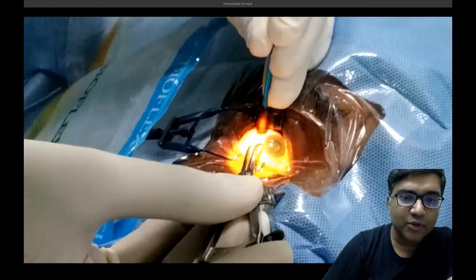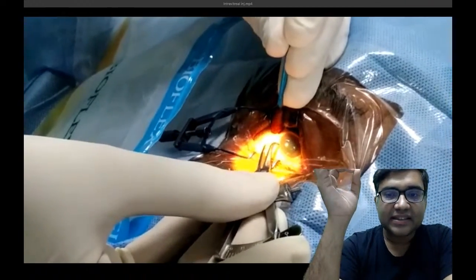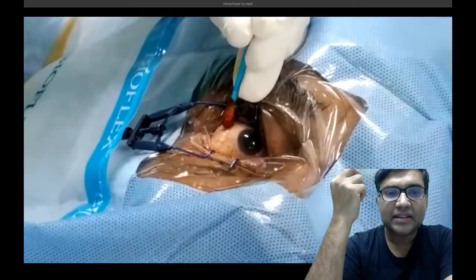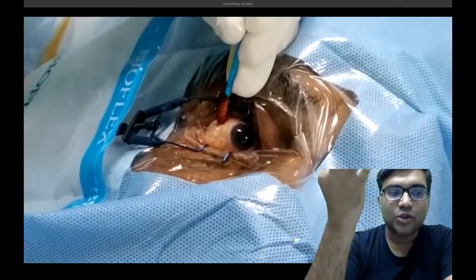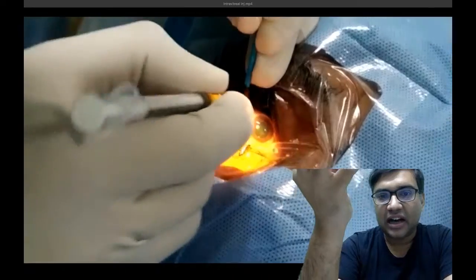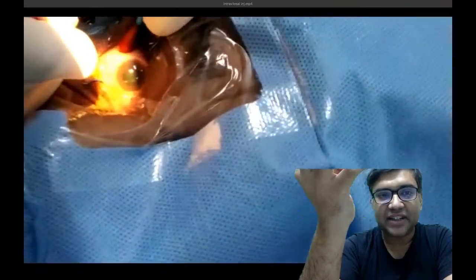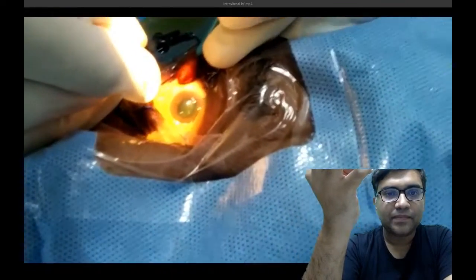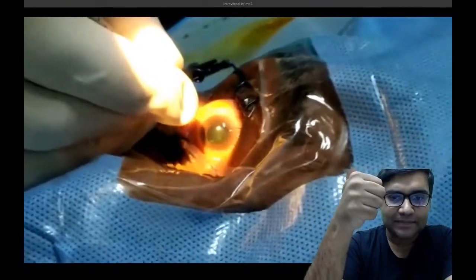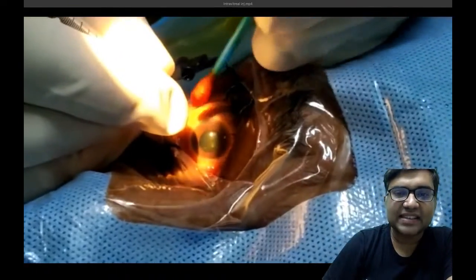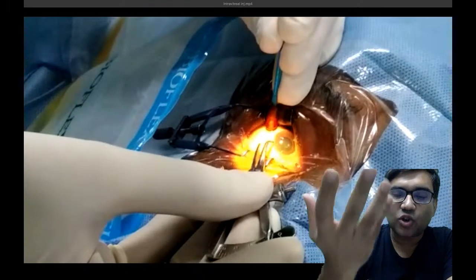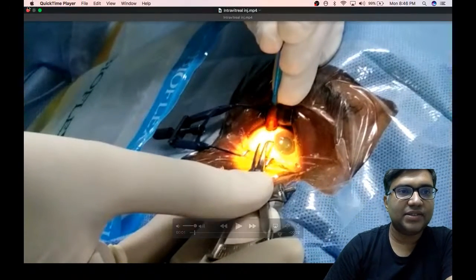So Shivam, I am showing it again. See, 4 millimeters from the limbus, I have taken the mark, and then with a 26 gauge needle or a 30 gauge needle, I am going inside the vitreous cavity. Are you able to understand, Dr. Prabhakar? So this is an intravitreal injection going on in a case of, let's say, endophthalmitis.